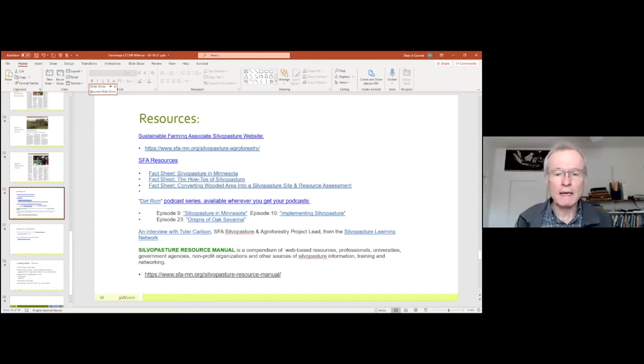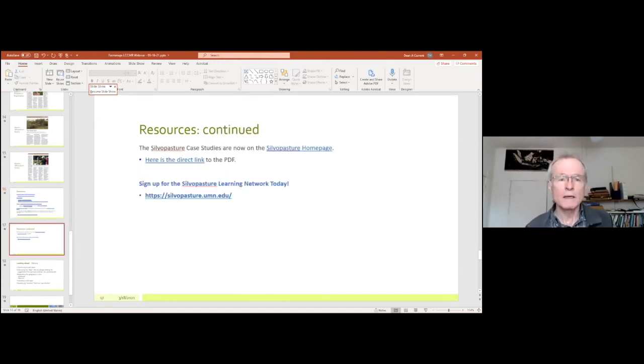And then also there is the Silvopasture Learning Network, which is part of the project that we're working on right now that is funded by the LCCMR, and a Silvopasture resource manual. The case studies, again, Jared put the link up, but it is also on the SFA website.